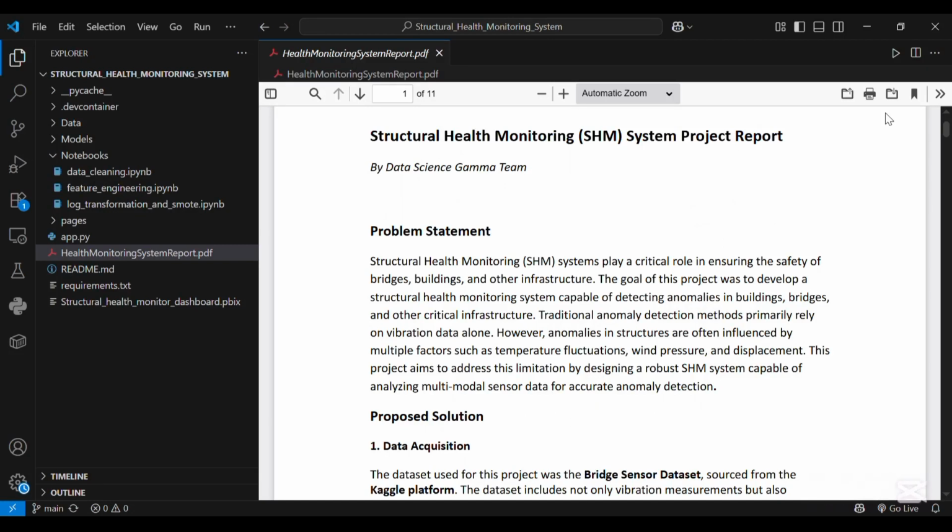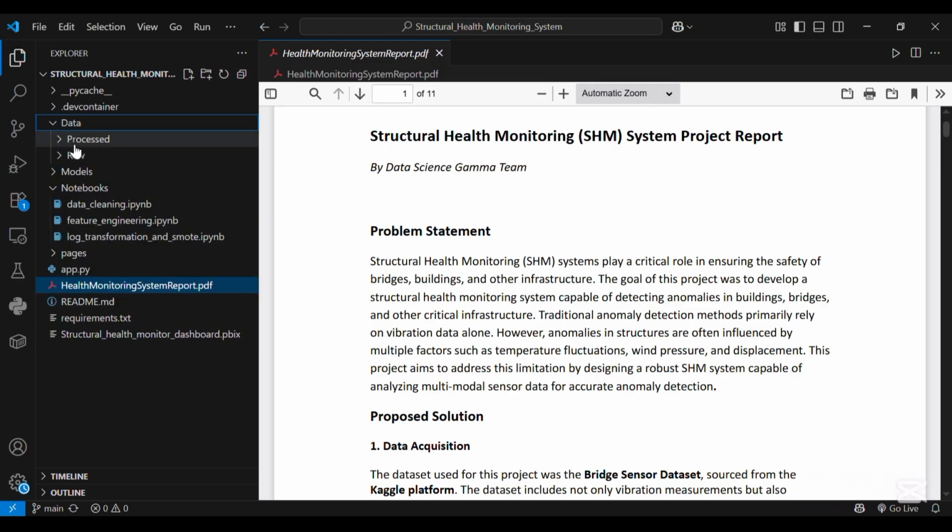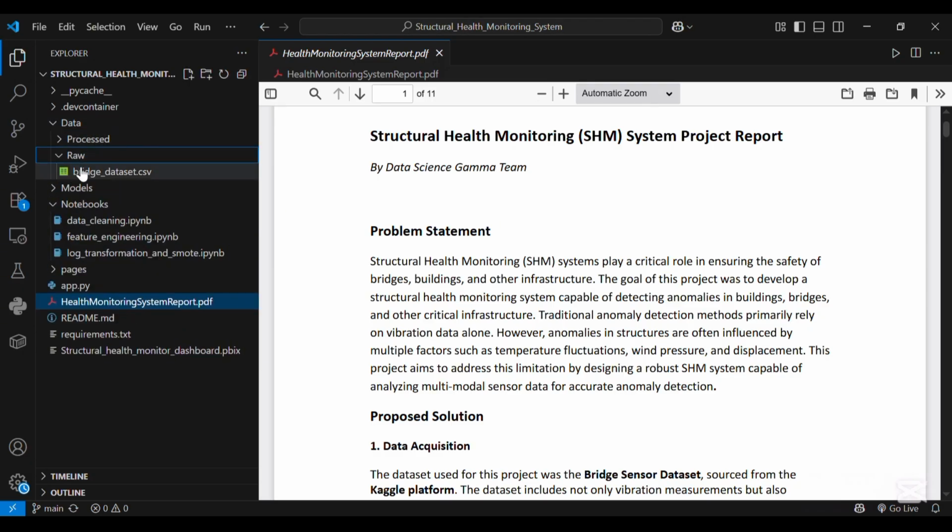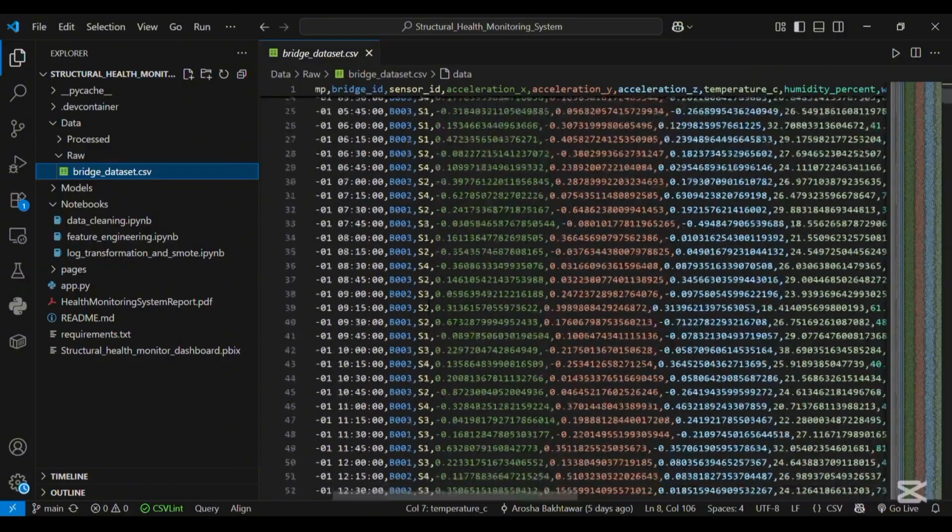If you have ever started a new data science or machine learning project, you know that the first hour is the most critical. What you do in those initial moments can set you up for success or lead you down a path of confusion. Today we are going to walk through a complete Python script that covers the essential first steps: loading, inspecting, cleaning and visualizing a brand new dataset. We will be working with a fascinating bridge sensor dataset. By the end of this video, you will have a solid reusable template for your own projects.